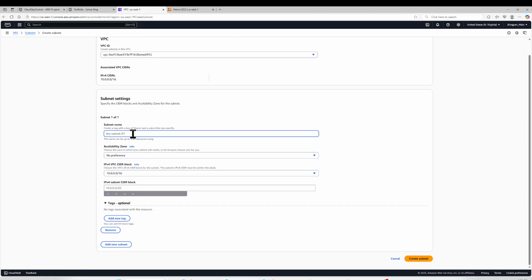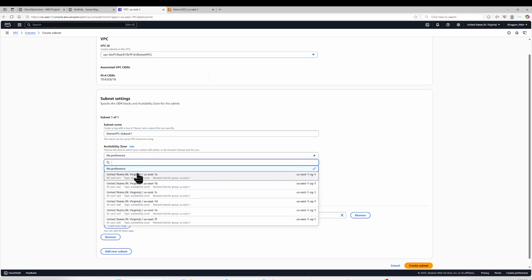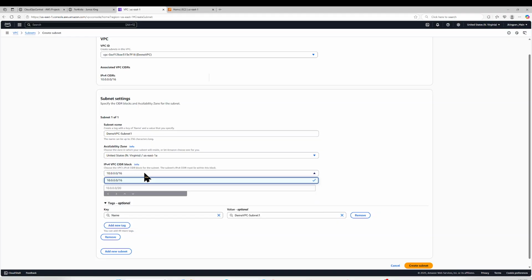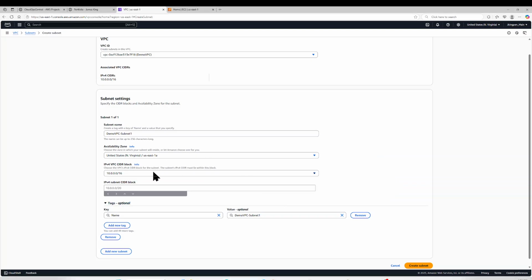We're going to say demo VPC dash subnet 1, the availability zone. We're going to do this in US East 1A. And if you notice right here, where it says /16, remember, we were going to do 1, 2, 3, 4 with a 24. So let's go ahead and create our first one, which is